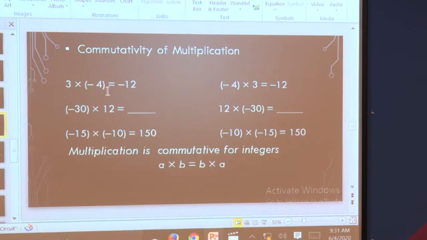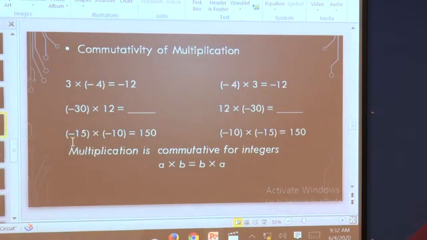So, I think it is very similar to the addition of integers which we had learned in the previous class. One more example we will see here is a negative integer, that is minus 30, multiplied by a positive integer or whole number, 12. What will be the answer here? Yes, it is minus 360. What will be the answer here? It is the same. But what have I done? I have changed the place of 12. I had written here first 12 and then I had multiplied by minus 30. So, here also I got minus 360.